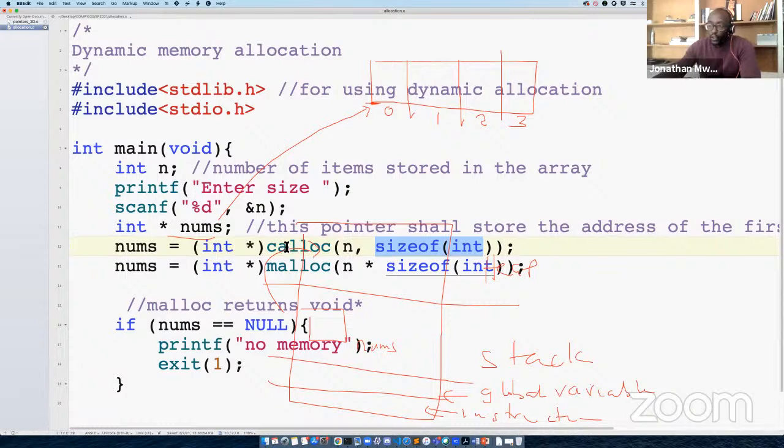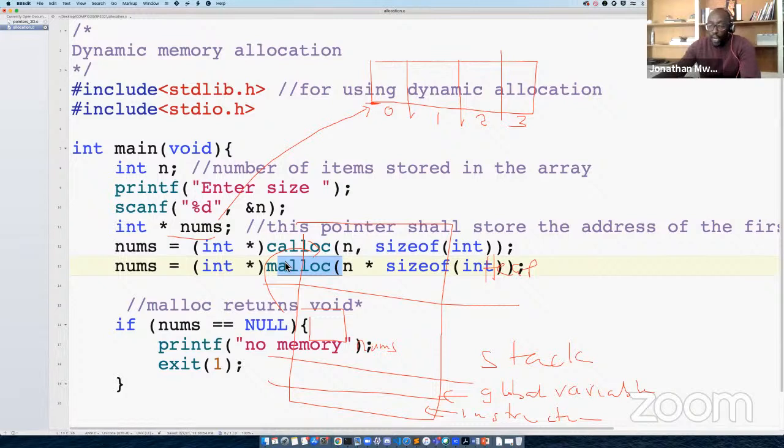Okay, so calloc initializes these with 0 values, whereas malloc does not initialize them, which means the values in the array are going to be garbage values. Does it make sense? Okay, so that's the main difference between them.